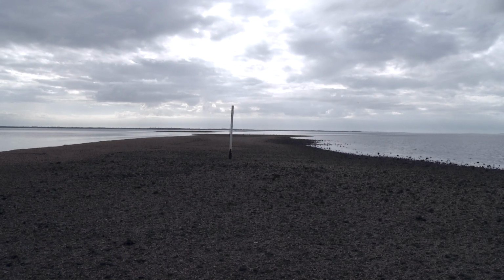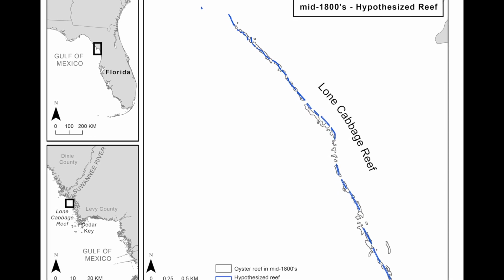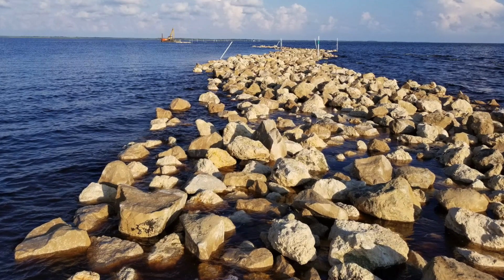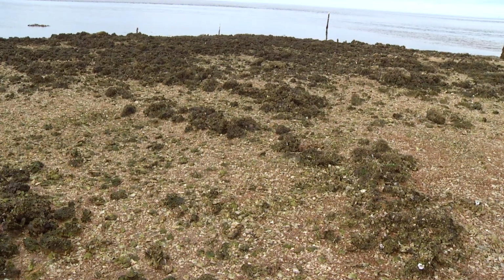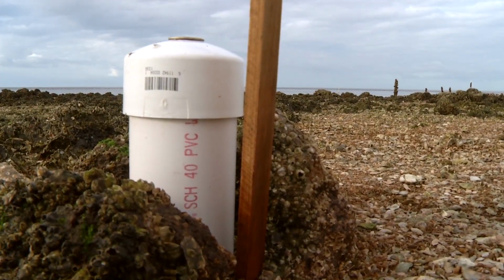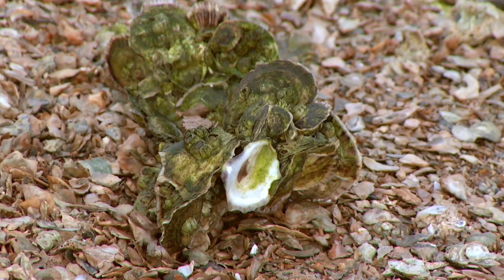The project began about a year and a half ago. We've been in planning and then permitting phases, and then this summer we completed the construction. We've got 3.5 miles of reef that has now got large lime rock boulders on top of it. We've got oyster shell, and this is designed both to stabilize the reef sediments, increase the elevation back to what it used to be, and then also have a substrate that's attractive for oysters and other reef associates to settle